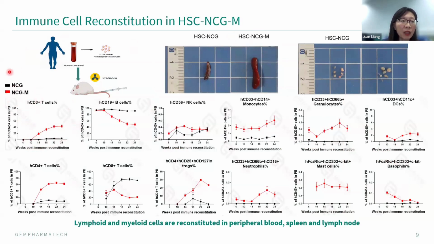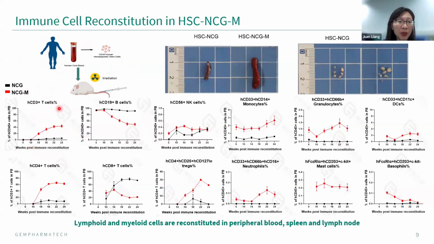As we mentioned, both these immunodeficient mice could support human immune cell reconstitution. So we transplant the human HSC into the immunodeficient mice to reconstitute human immune cells. As indicated here, the NCGM mice could